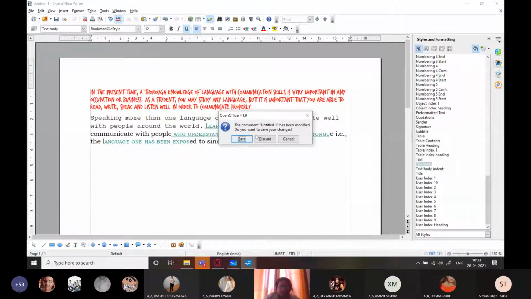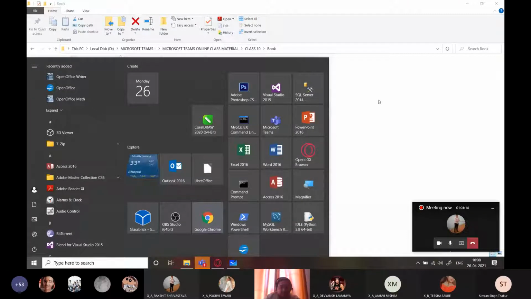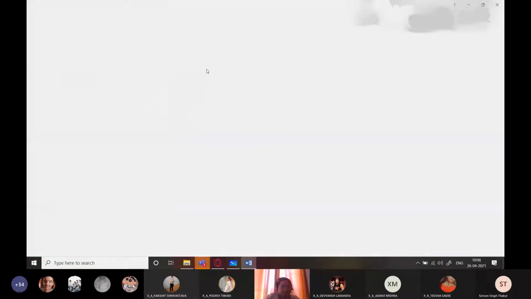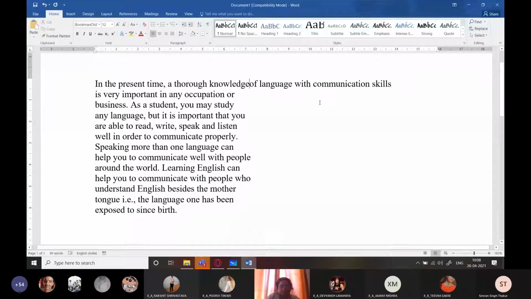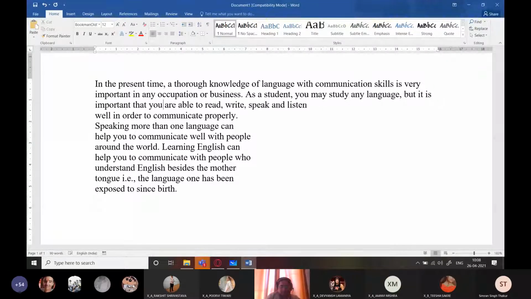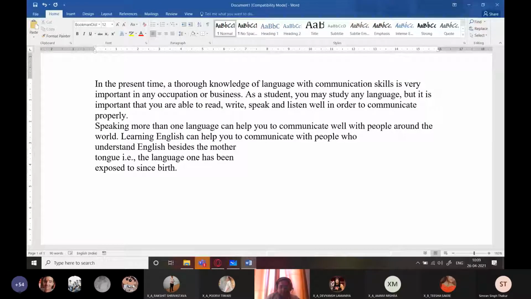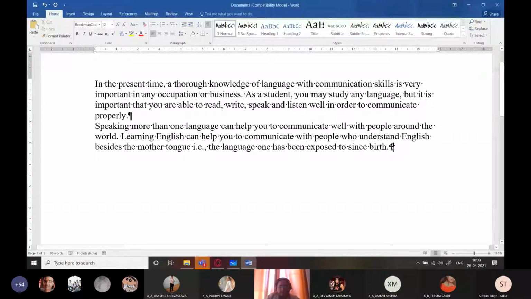So I'm going to close this, cut this document, and go to MS Office. So click on this Word. Now we are over here, double click on this document, and I'm going to paste the same paragraph over here. Right? Let us click on this paragraph marker and see, okay, we only have 2 paragraphs.